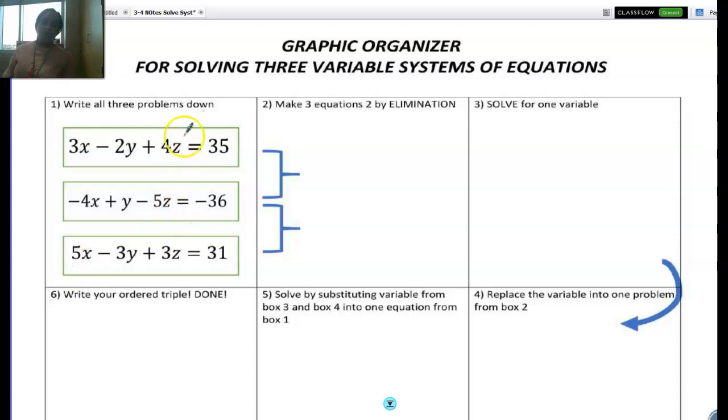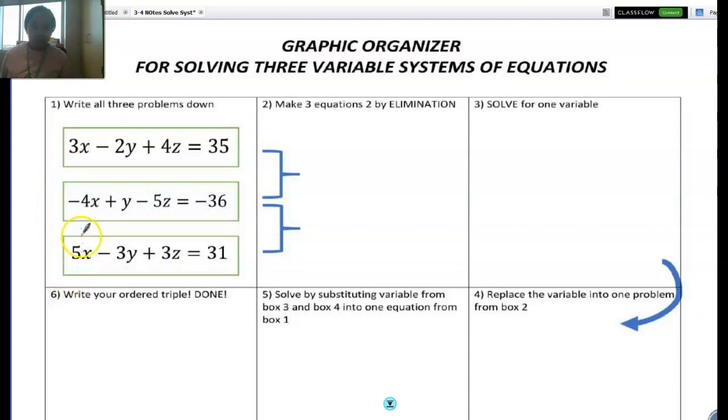So we're going to first try to solve this system here. When we solve, we're going to get an ordered triple. We need to find the value of x, y, and z. So what we're going to do is make three equations into two by using elimination. We're going to break them down into pairs, and we're going to use elimination to get rid of one variable